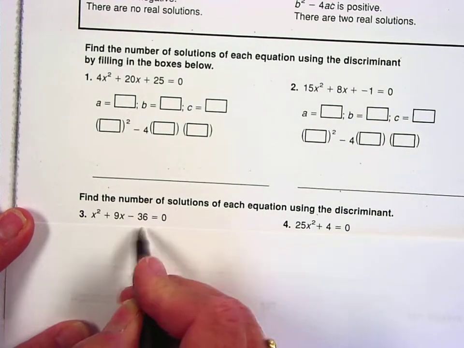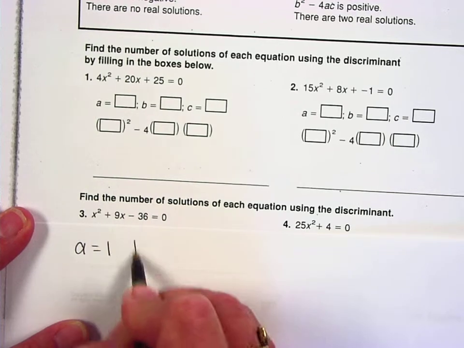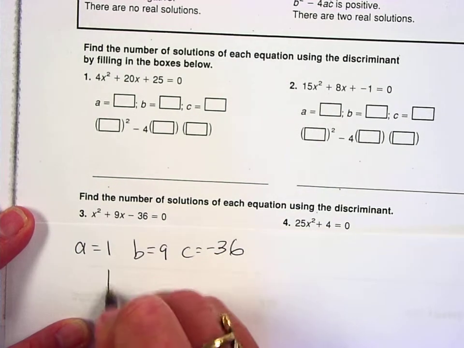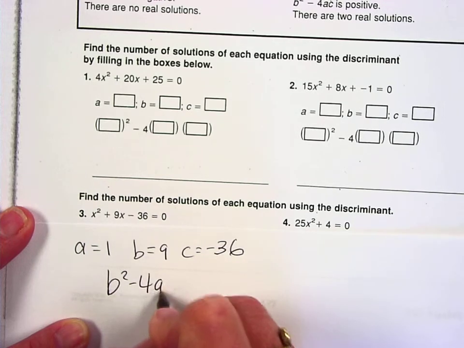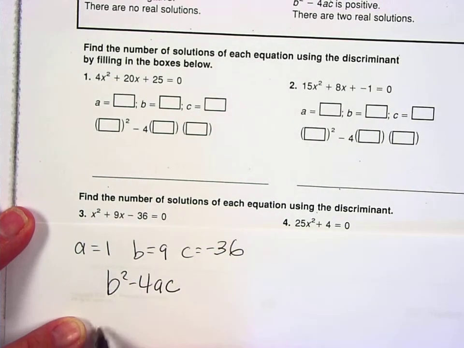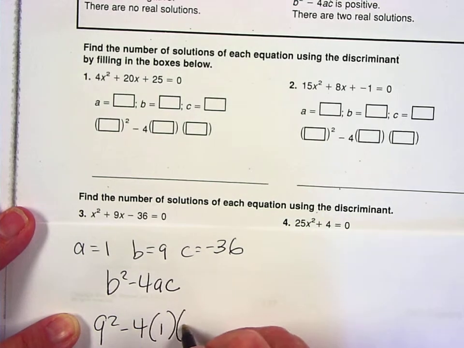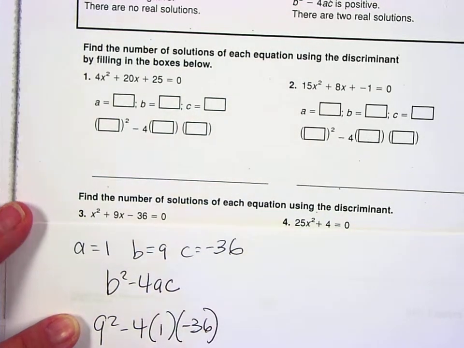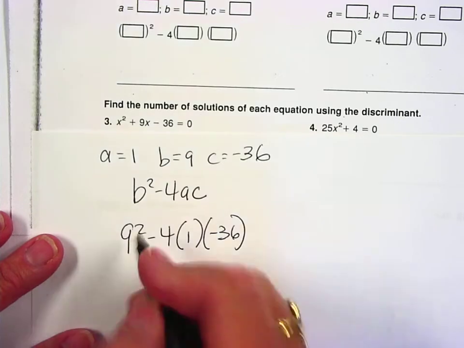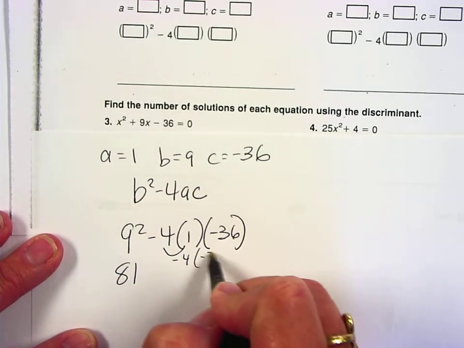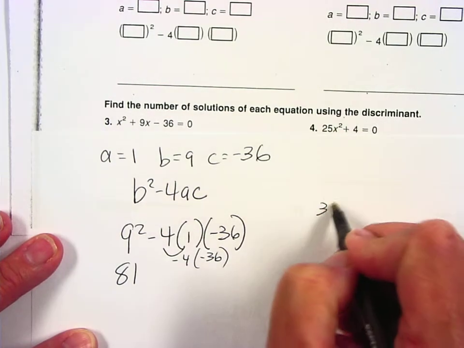Well, standard form. a is 1, b is 9, c is -36. The discriminant is b squared minus 4ac. So I'm going to do 9 squared minus 4 times 1 times -36. 9 squared is 81, and that's -4 times -36